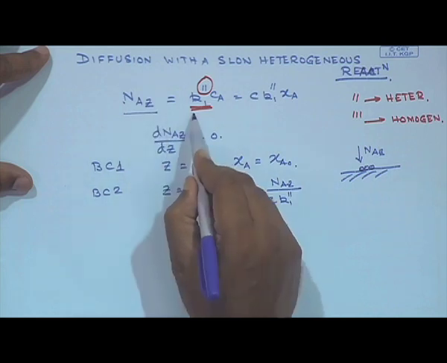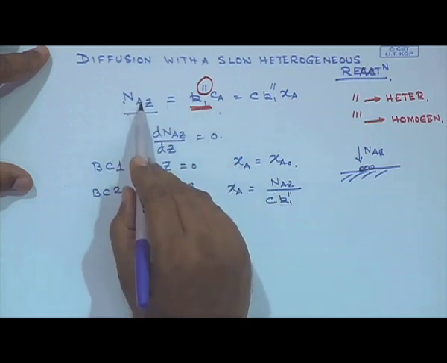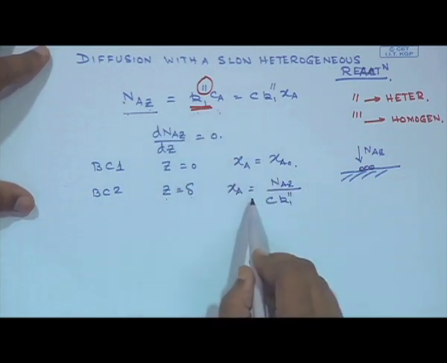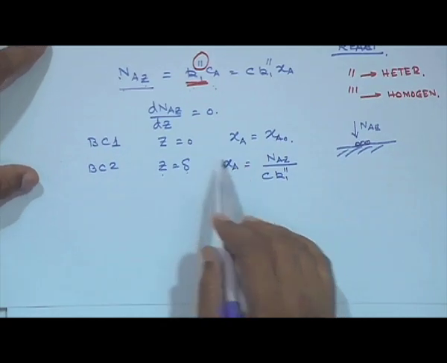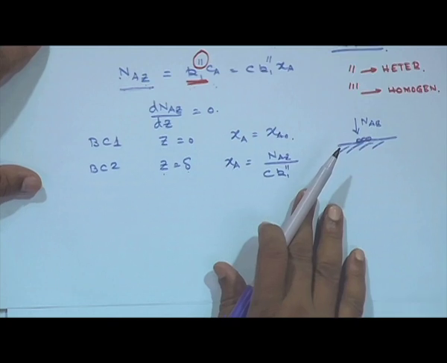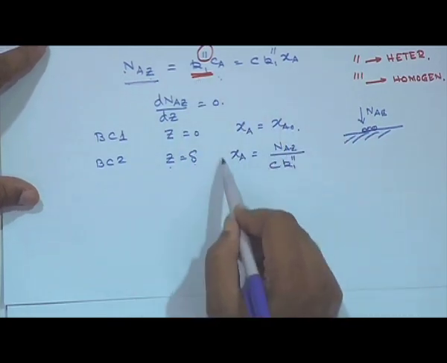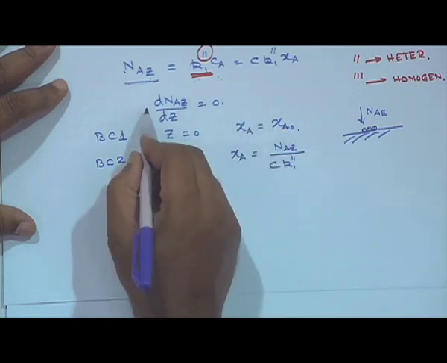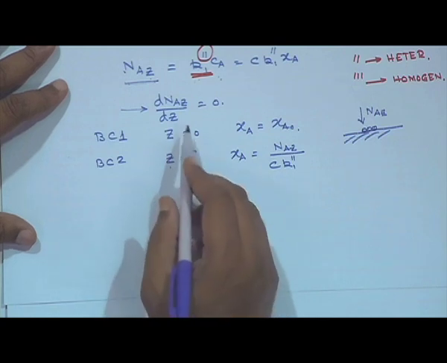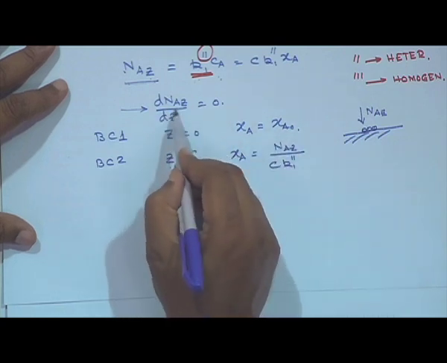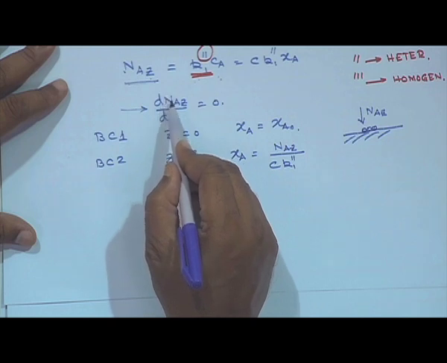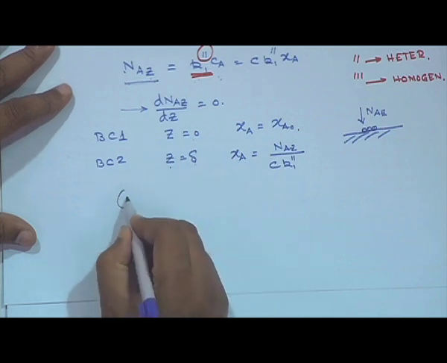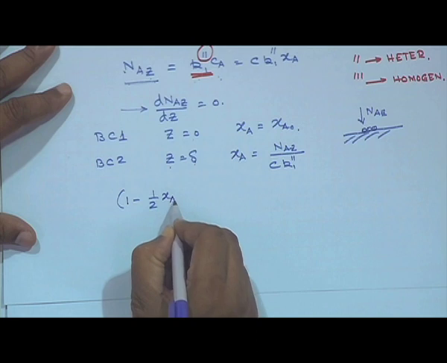equating the flux of A in the z direction to the reaction rate, we can write the condition at z equals delta, the equality of the rate of movement of A to that of the reaction rate. This is the condition that one can write, and the governing equation will remain the same. So, when you plug the expression of NAZ, exactly like the previous one, into this and integrate and use the boundary conditions, the final form that you are going to get is